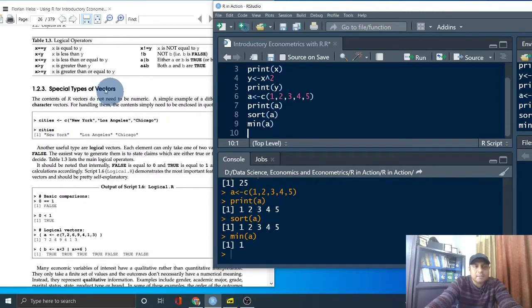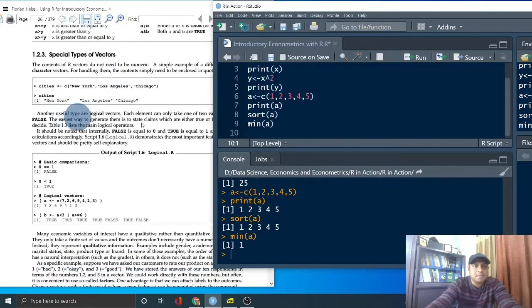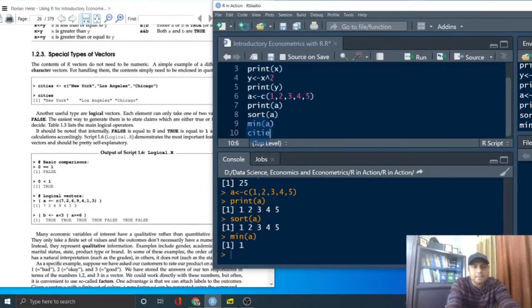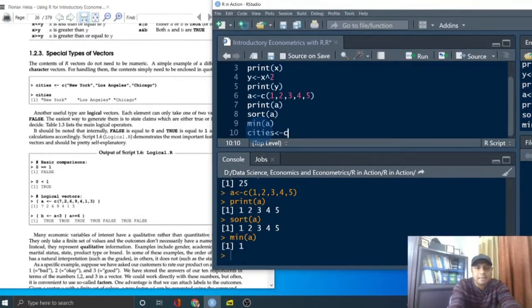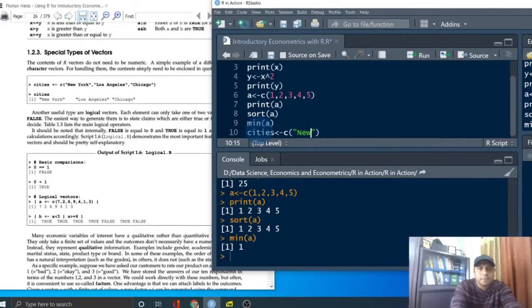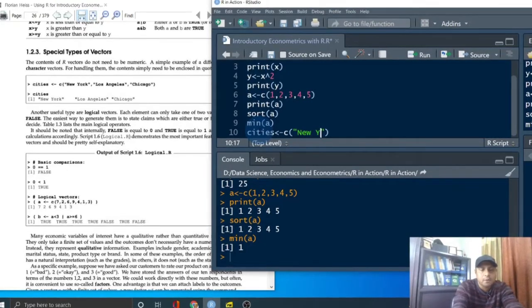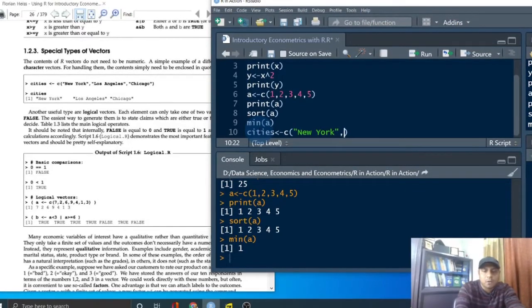Okay, so there are some special types of vectors which we will use, for instance, the character vector. While you are using character vectors, for example, here it says cities. Then we use the concatenate function, and then character vectors, like city names: New York, and then Los Angeles.